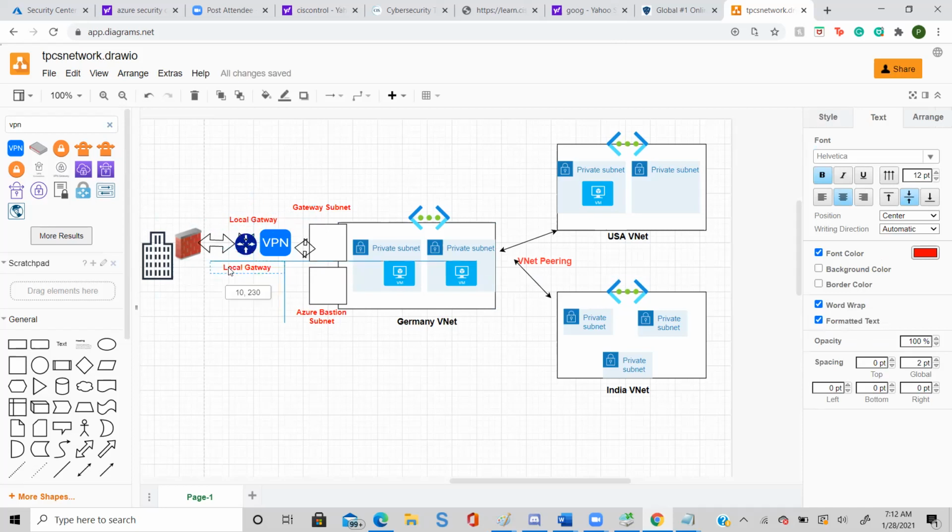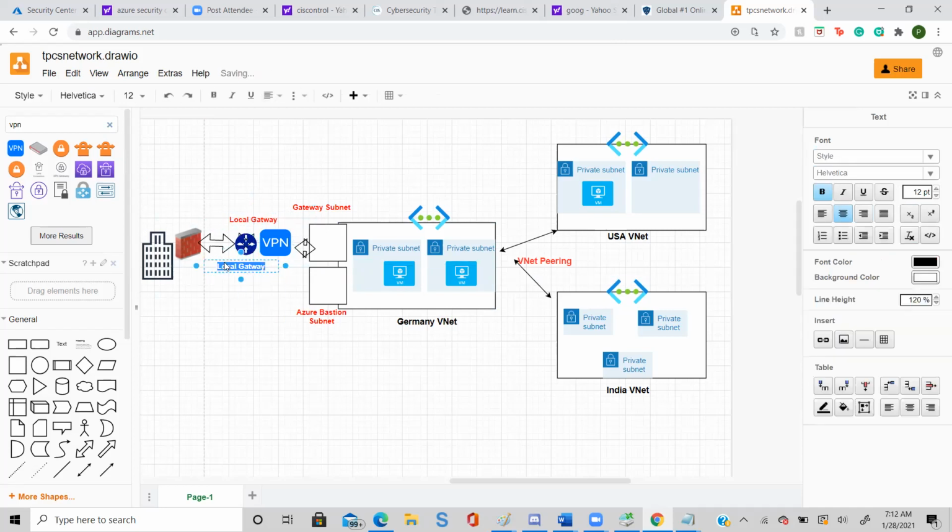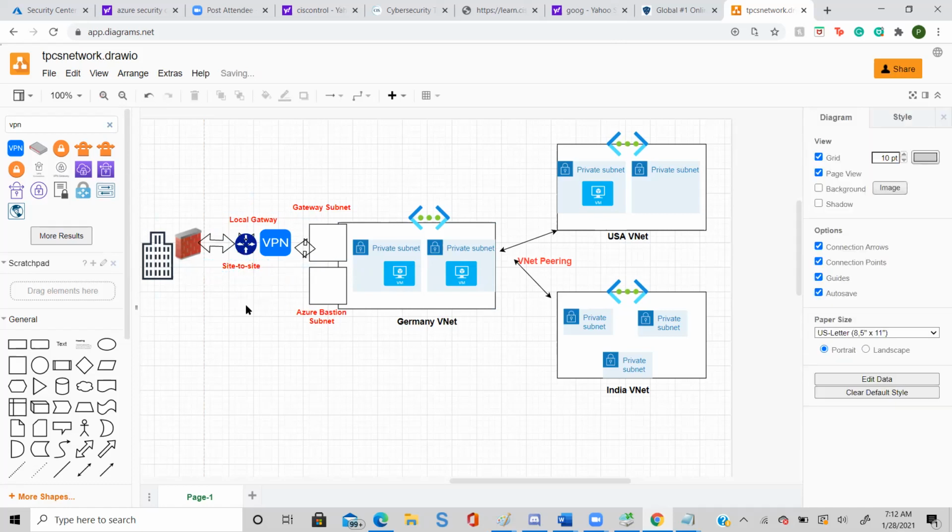Azure site connects with your office site.